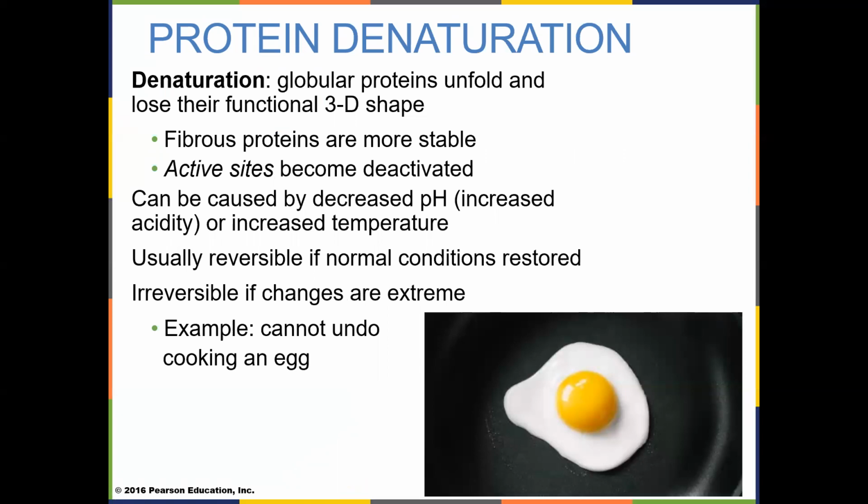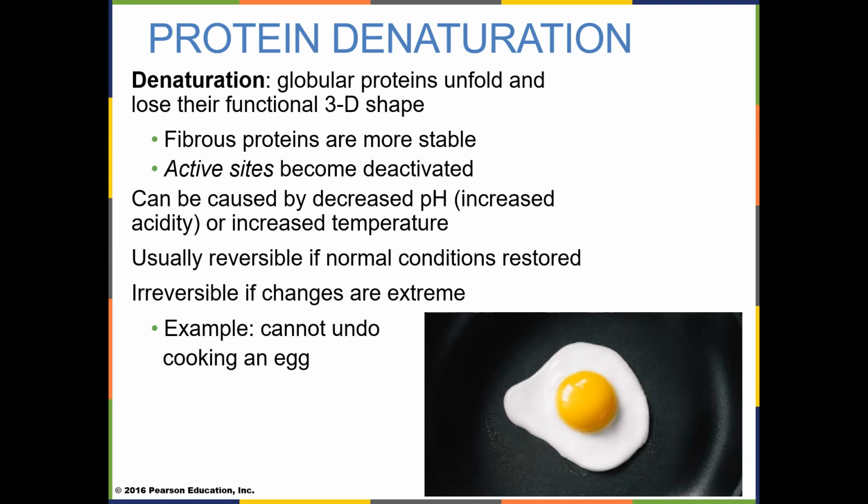The problem with globular proteins is that they can become denatured. They are very sensitive to changes in temperature and changes in pH. Their active site breaks apart. Now, if the temperature change isn't too extreme, if it's reversed and brought back to normal, if the pH change is reversed and brought back to normal, either from too low or too high, then the effects on the active site are temporary. But if they persist, they're permanent.